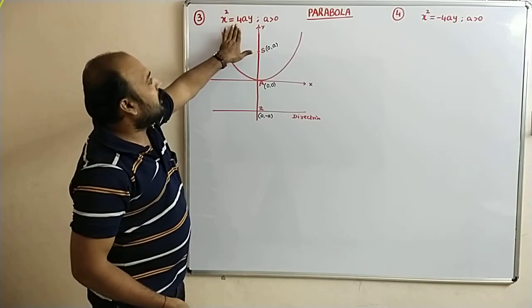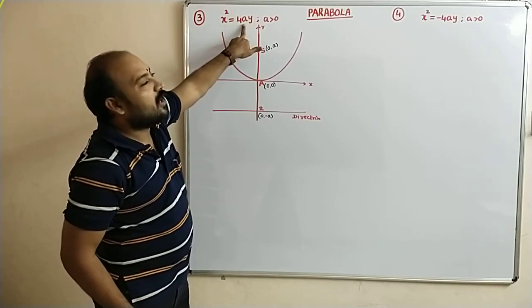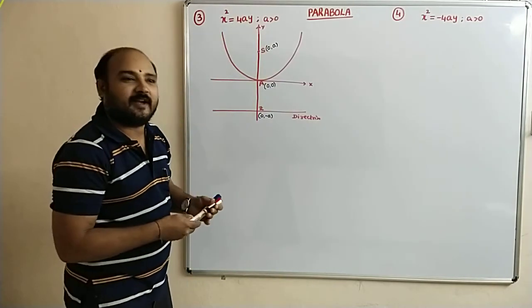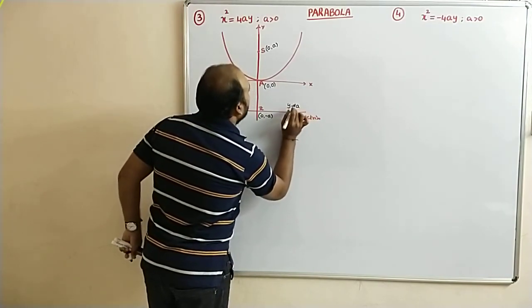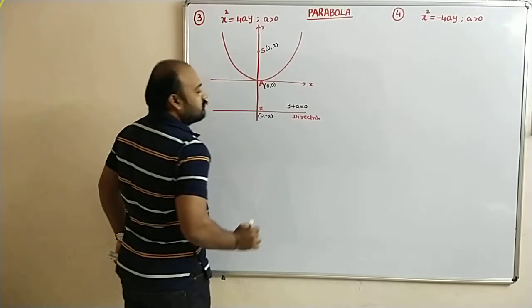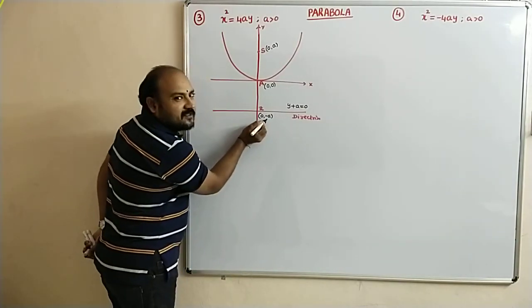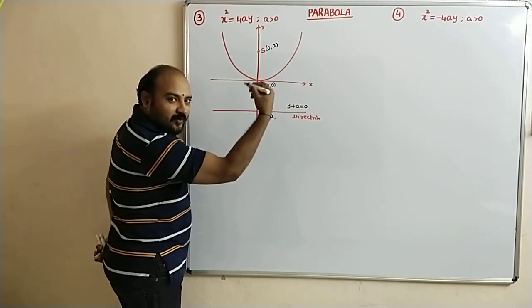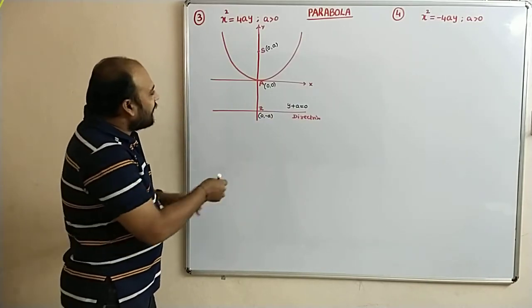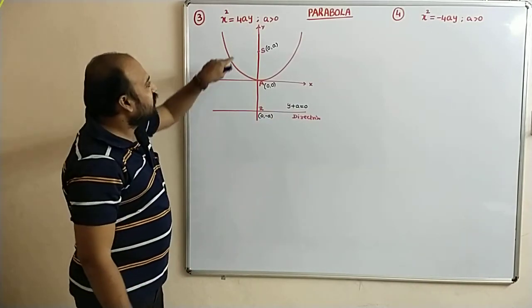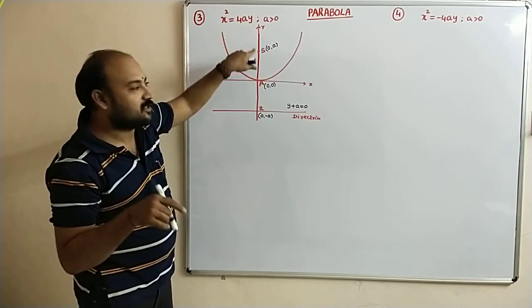Logically, remove 4 and add these two. y plus a equal to 0 is the directrix. So the equation of directrix is y plus a equal to 0. So here also the y coordinate is minus a, no? y equal to minus a, we can take this side: y plus a equal to 0. That is called the directrix. What is the axis of the parabola? Y-axis here. Y-axis means what? x is equal to 0.